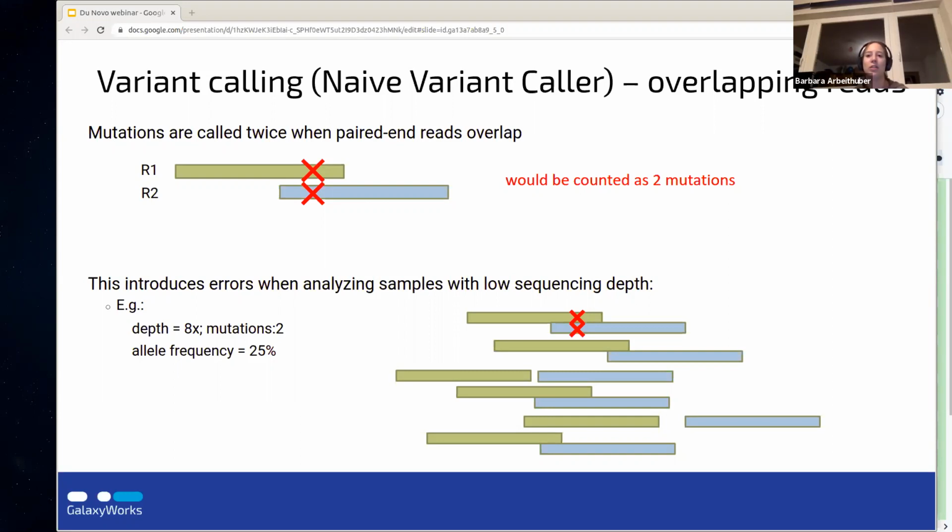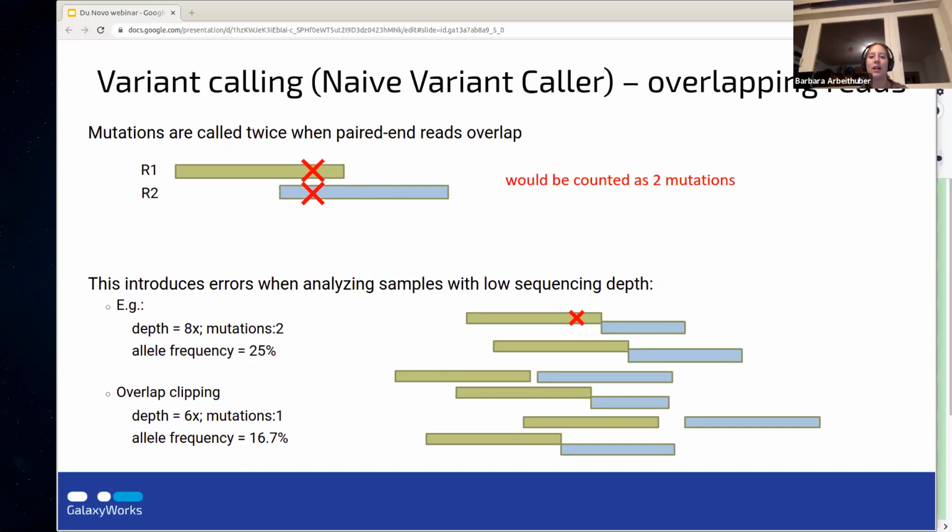In the majority of other methods, you just discard variants that you find only in one read, but because of the power of duplex sequencing, you can include those variants in your analysis. So, for example, as shown here, if you do not do any further processing, the mutations would be counted twice by a variant caller. So what we did in this work is,